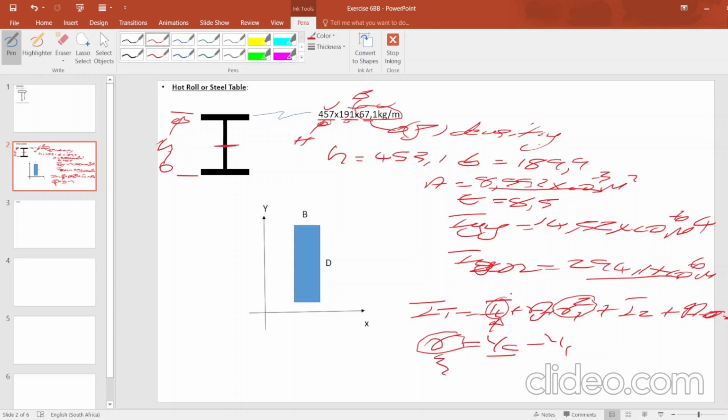Now the hot roll makes it easy for you to substitute the IXX, the area and so forth. That is why we will be using the hot roll. Okay? That's how you read your hot roll, good people, and this is where we're going to use our hot roll as well. Now let's look at